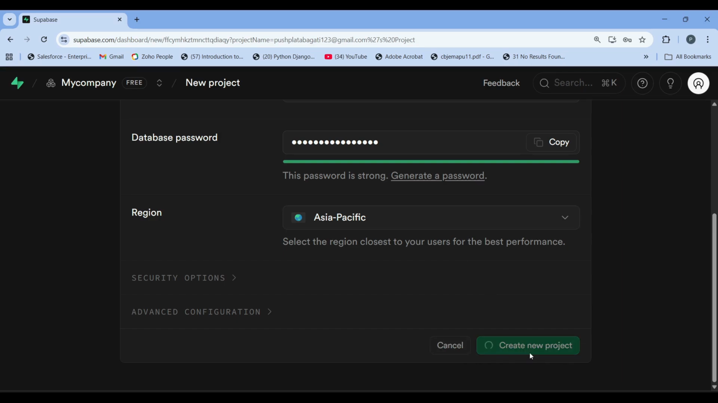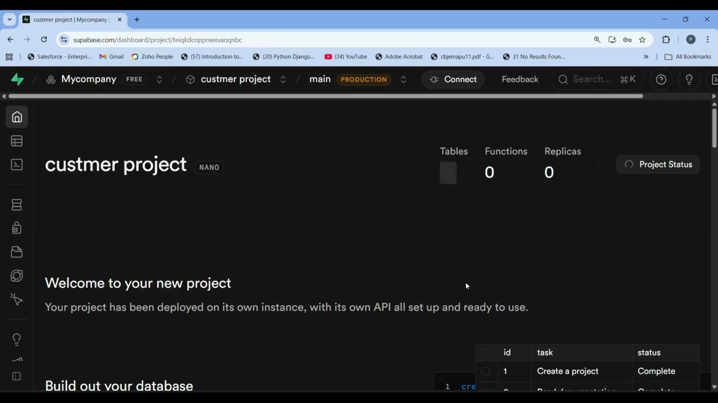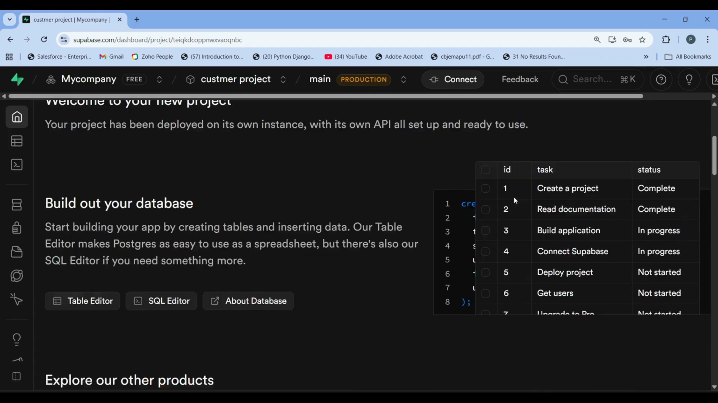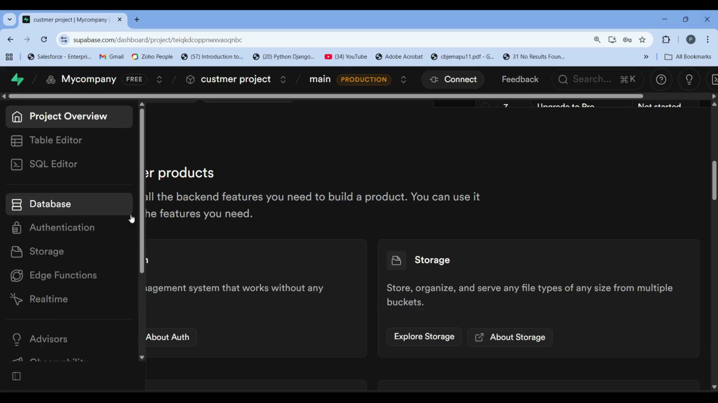Just click on create new project, and automatically within a second you will get one beautiful dashboard, and it will show you your project name, how many tables you have created, how many functions you have created, replicas, and all the related information. This is a beautiful UI they have given us in Supabase. This is a SQL editor where you can